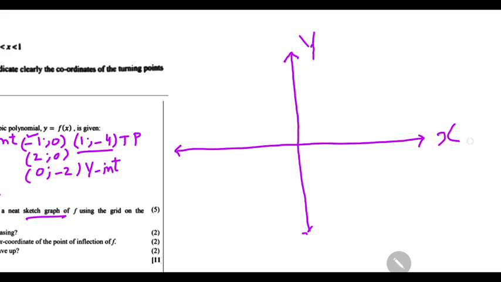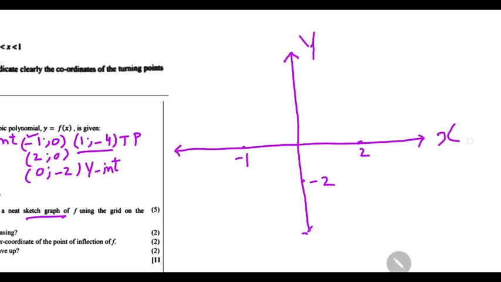So like I said to you, I always first sketch the graph, then I plot the points, but in this case we need to first plot the points because we can see where they are situated. So first we write the x-intercepts. The x-intercept says negative 1 and 0, so the negative 1 is here, and positive 2 and 0, so positive 2 is here, and then the y-intercept 0 and negative 2, so that is somewhere here,